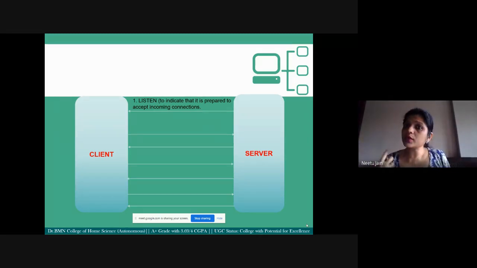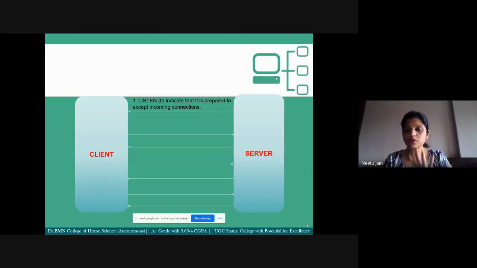So to tell all the clients that I am available, the server executes the listen primitive. In this case, we are looking at only one client and one server, but if you see the real picture, a server is connected to many clients. As of now, let's understand the communication with one client.